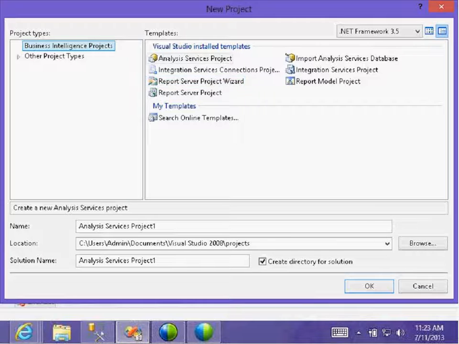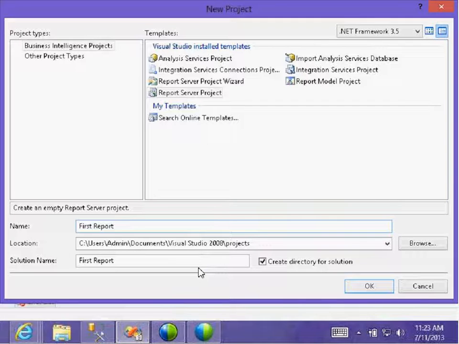Select the Report Server Project and give the project a name and a storage place, and the solution name. Instead of developing any application, it will be a solution file.